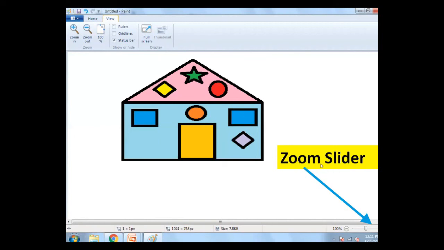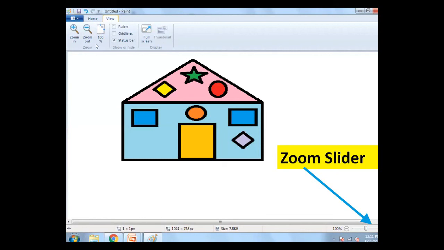You can see here, there is also a zoom slider. We use this zoom slider to increase or decrease the size of the image.